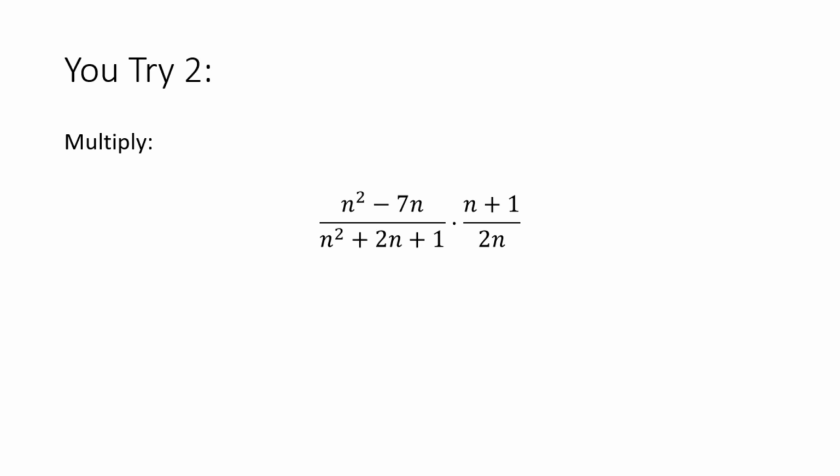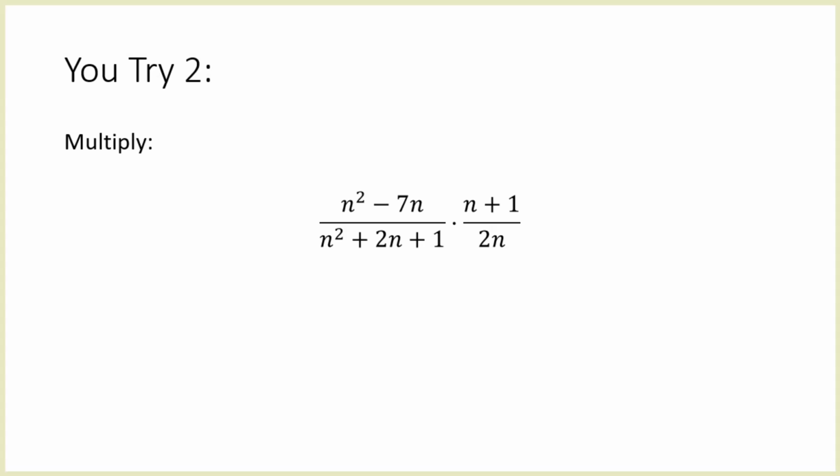Now that you've tried this one on your own, let's do it together. So, let's see what I can factor out. Looks like on this one, I can factor out this top left. I'm going to take an n out of everything on the top left, and that'll give me n times n minus 7